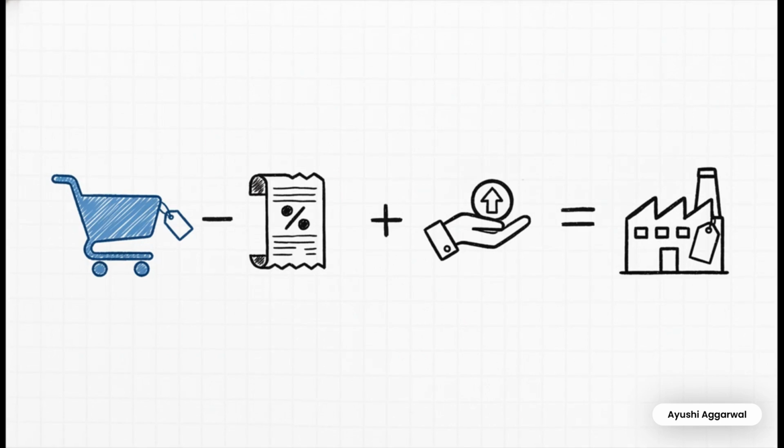Here's another exam hotspot for you. Factor cost versus market price. Factor cost is the actual cost to produce something, but market price is what we pay for it in a shop. The difference between them comes from government taxes and subsidies. So, the crucial formula is, you take the market price, subtract the indirect taxes like GST, and add back any subsidies to get the original factor cost.